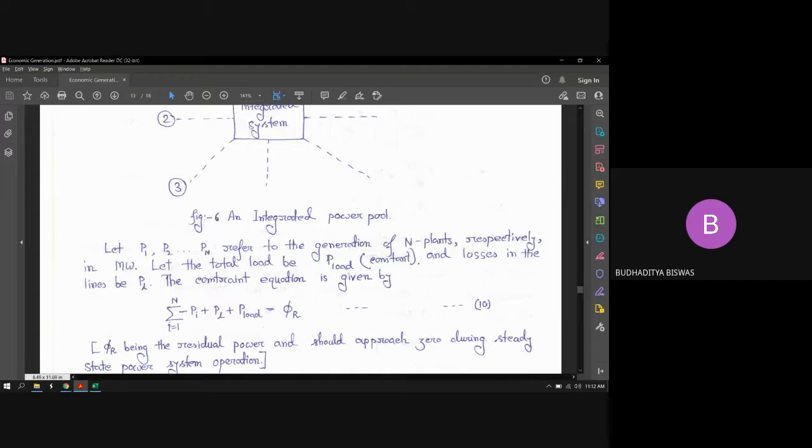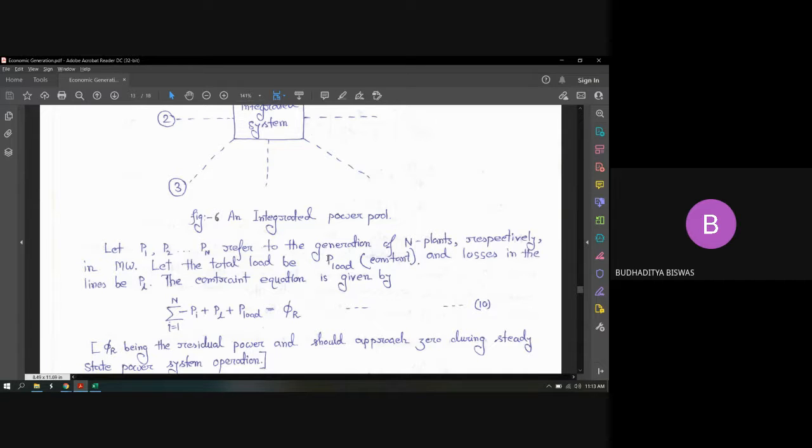Because if we start our program for a variable load demand, we are not able to proceed. So something we have to take constant when we write a program. In this case we consider that for a particular time duration the load demand is constant. So we write our program, and this program will give you the ultimate solution. It may happen that while the computer is processing the data, the load demand changes.